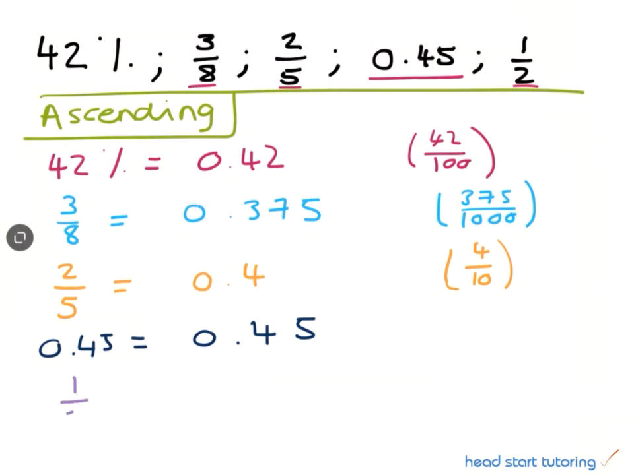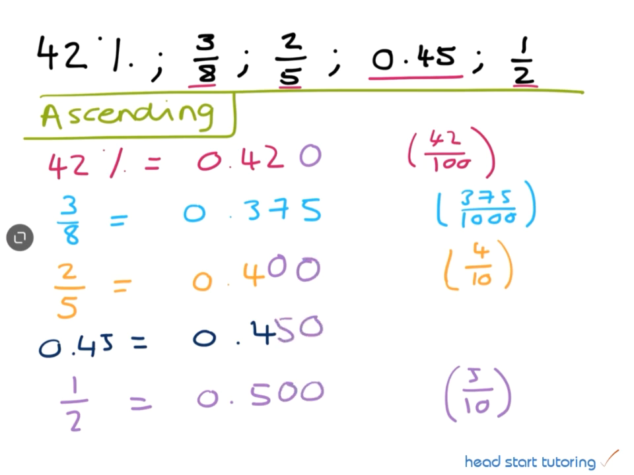And then we've got a half, which is very simple, 0.5, because a half is equal to 5 over 10. And 5 over 10 is equal to 5 divided by 10, which is 0.5. Right, so if we just put in some placeholders here, so that we line these up a bit better. So 0 and 0, 5 and 0, and 0 and 0. So now we've got 3 decimal places for each of our decimals, and we can then compare the decimals in